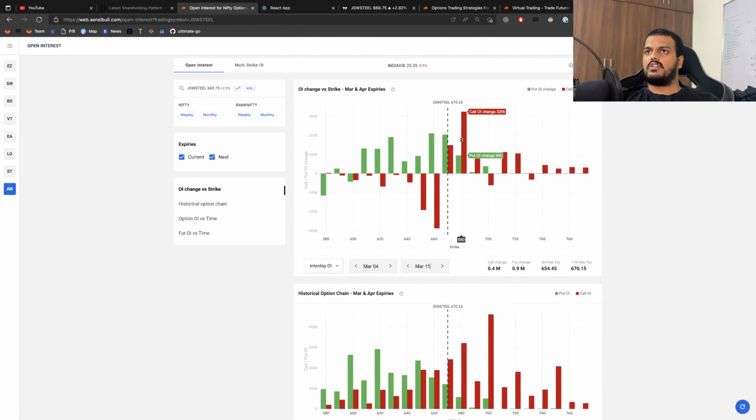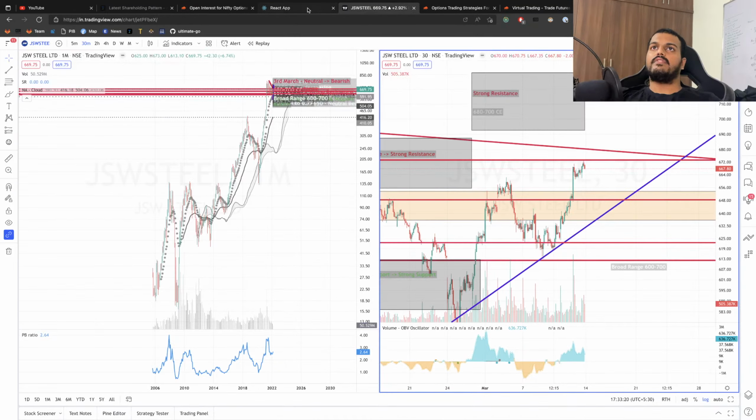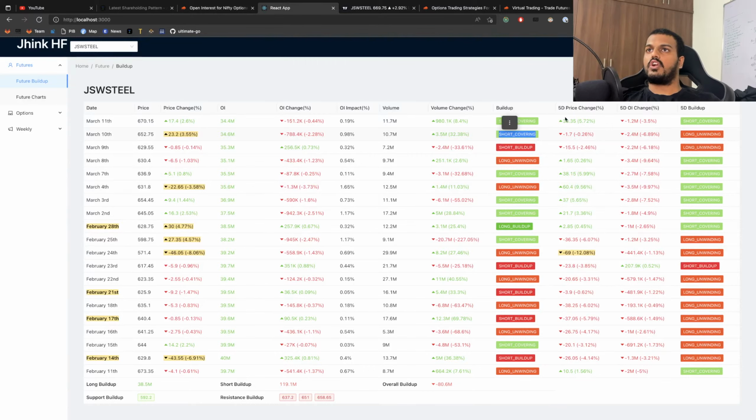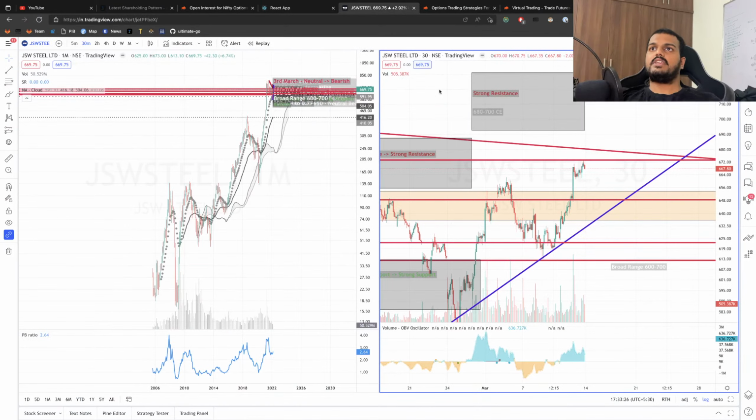So if you're seeing here, everything is vanishing here, so it is clearly indicating a bullishness in open interest of options, and previously it was bearish, now it's turning bullish. And if you are seeing here also, the new short coverings might also indicate that it can turn bullish. That's the reason I am having some